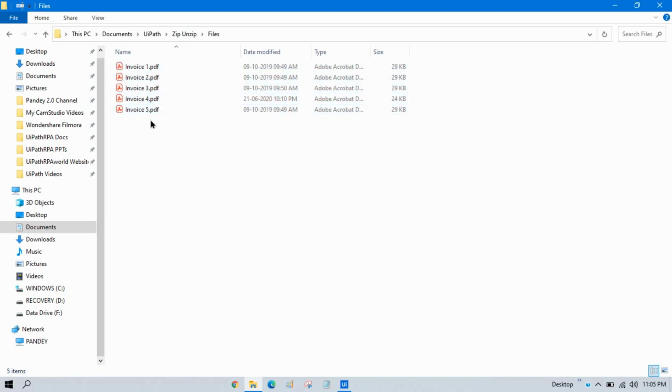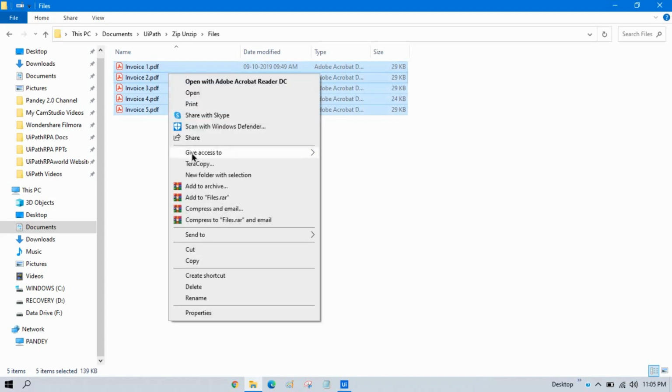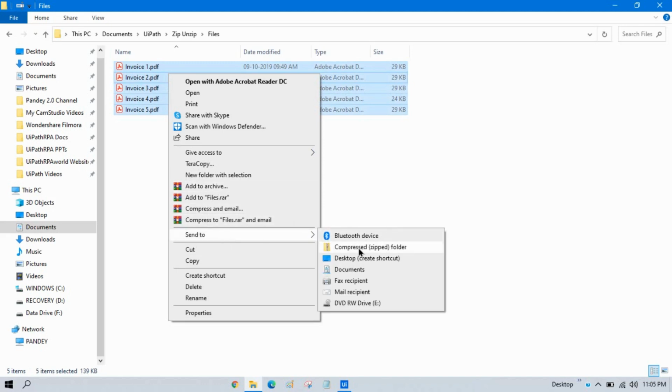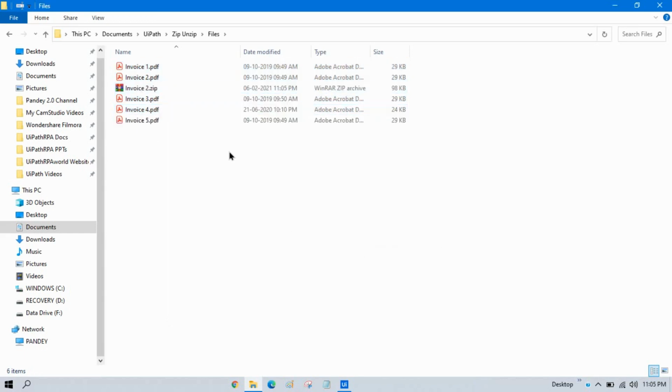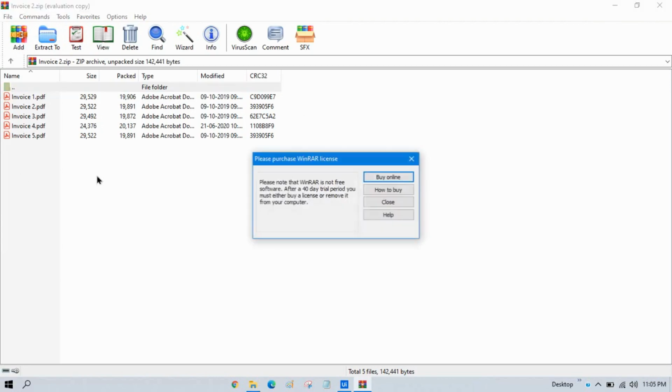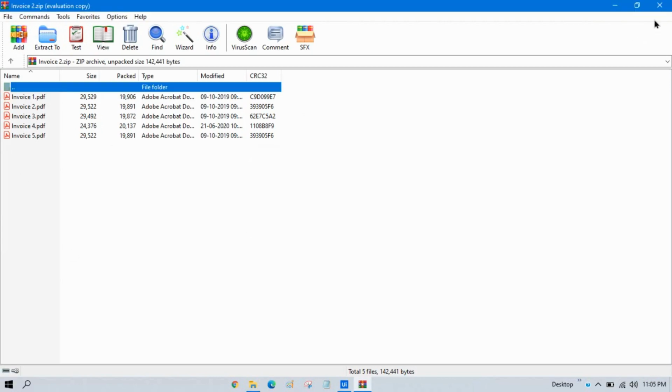The manual process of compressing these files is to select all the files, right click and choose add to archive, or send to compressed zipped file. It will create a compressed zip folder. Once I click on this, it will create one zip file, and you can see all these files are now inside that.